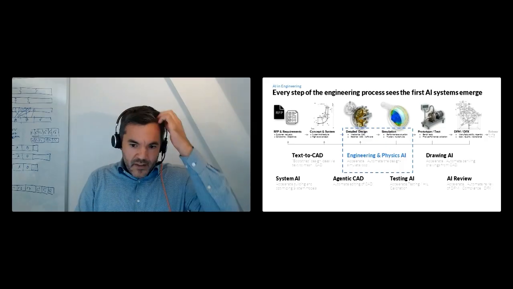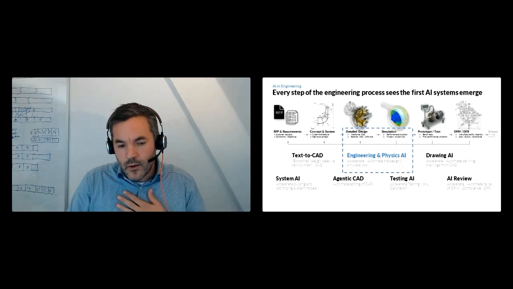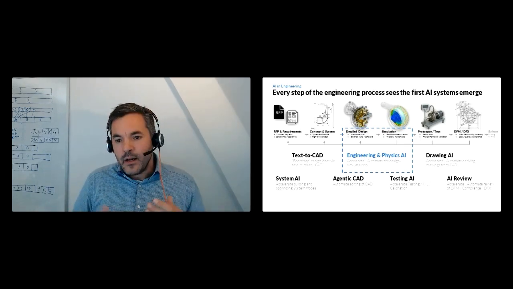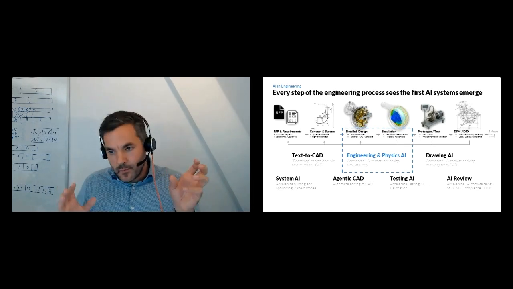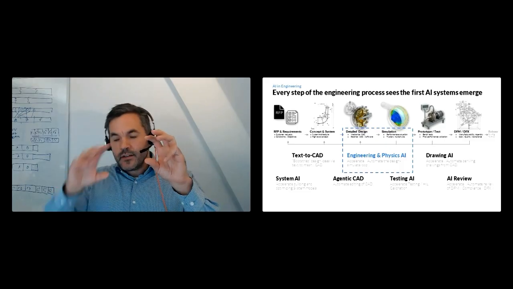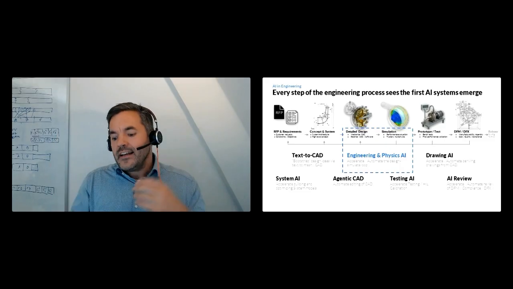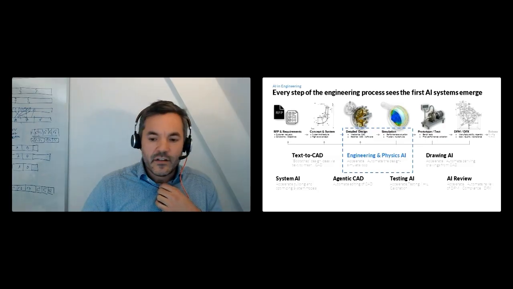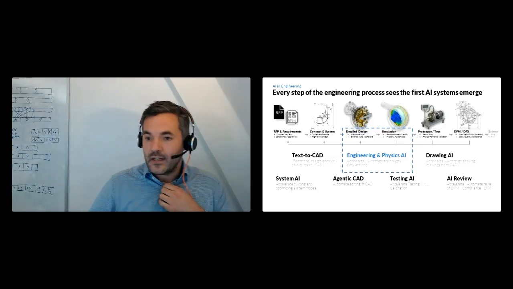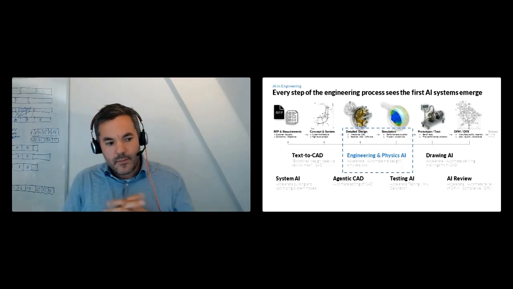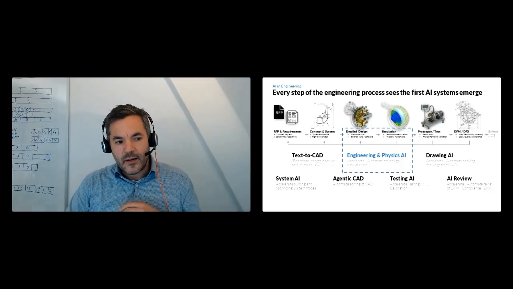loop. And the part where SimScale does its work is that we've built two AI systems that aim to drop the time it takes from the creation of a design to the functional evaluation, the simulation of it, to seconds, instead of what is today sometimes hours, days, sometimes even weeks. We'll call the two systems engineering AI and physics AI. We're going to see them in action in a second.